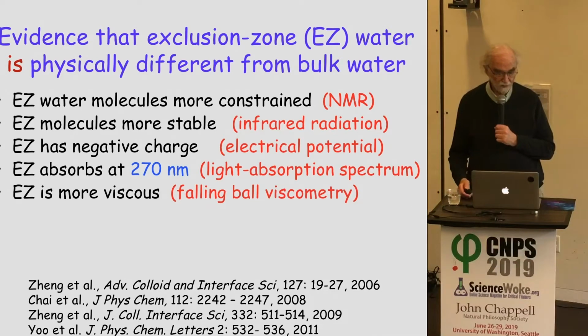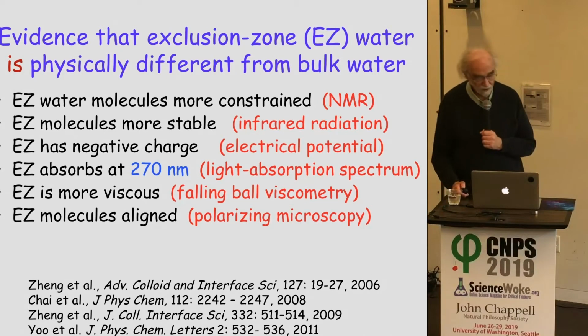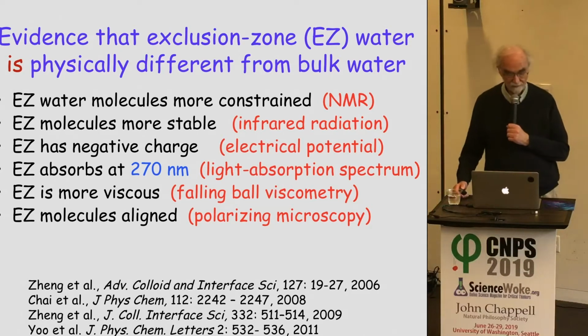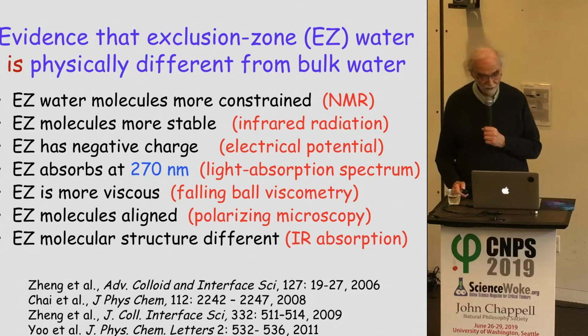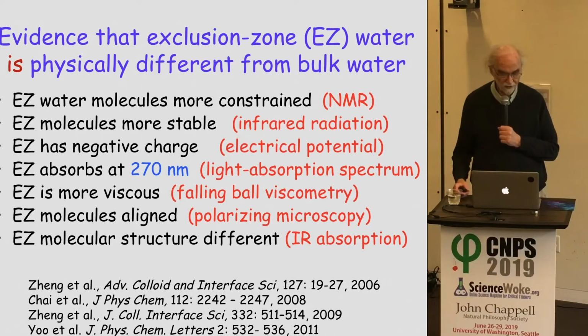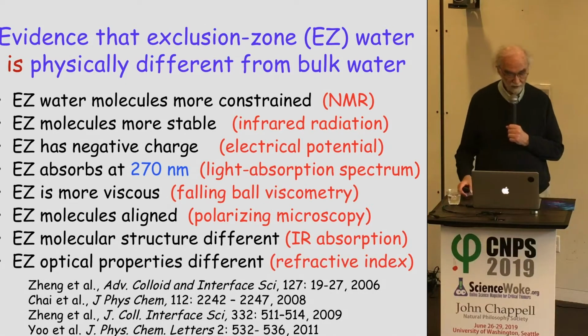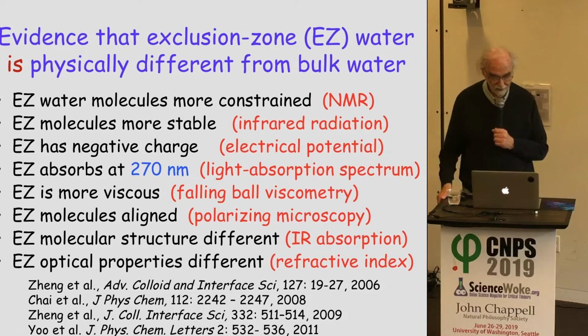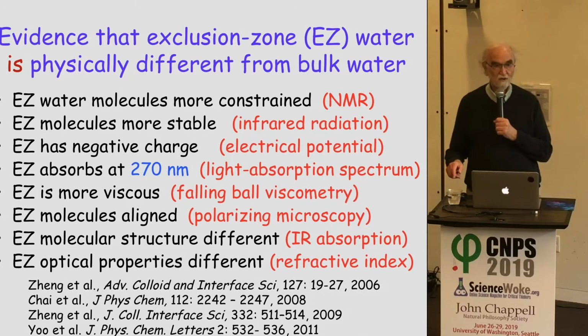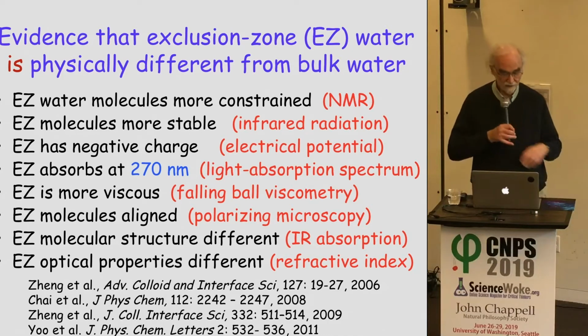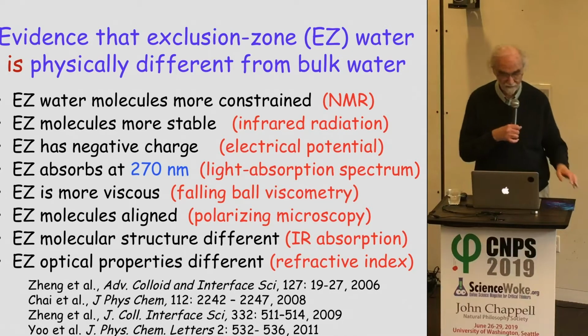We found that it's more viscous than ordinary water. The molecules are aligned in it. The molecular structure differs from ordinary water. And finally, at least on this list, the optical properties differ from ordinary water. That is, the refractive index is higher. And it's funny because